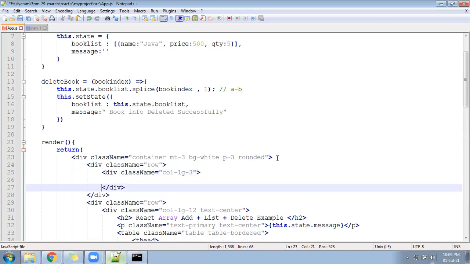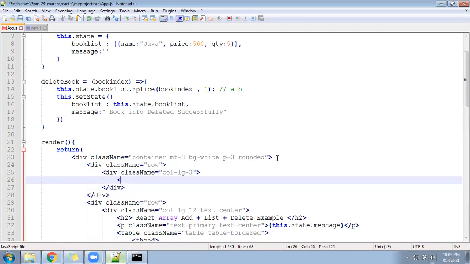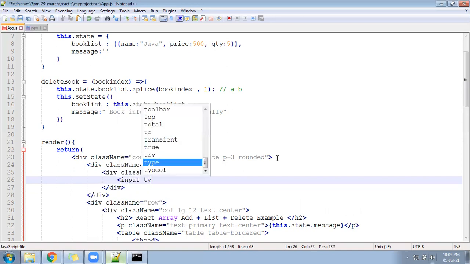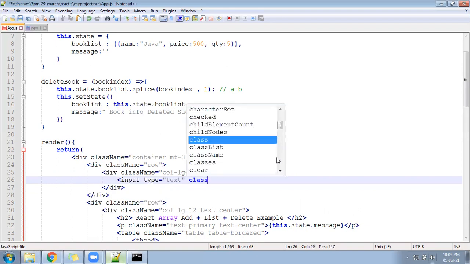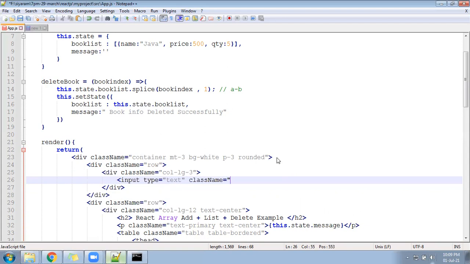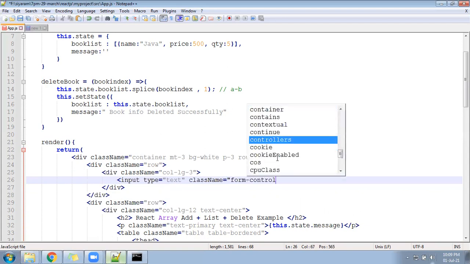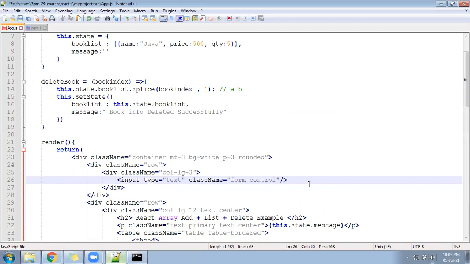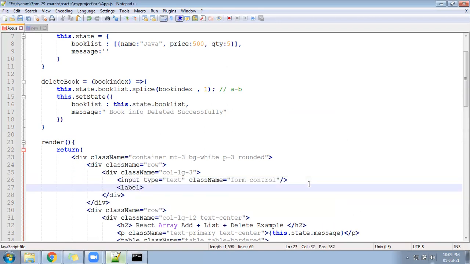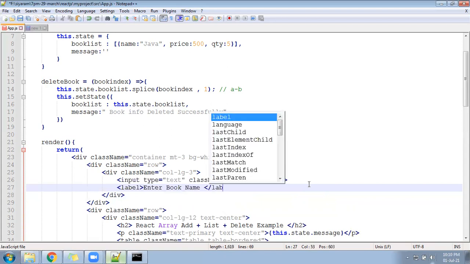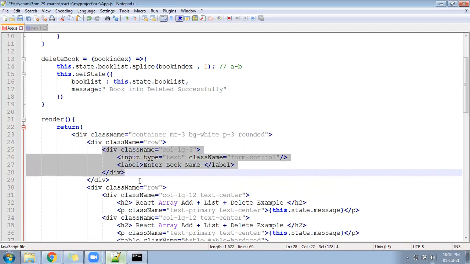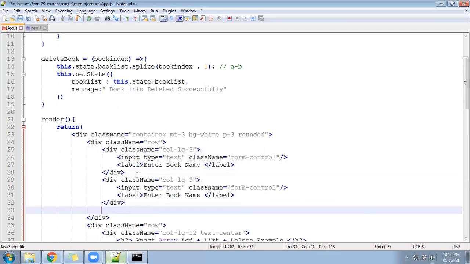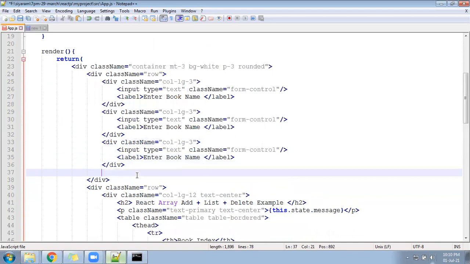We can go inside. We can write here an input field, type text, class name equal to form-control. Below that, I'll keep a label saying like enter. Now this thing we require: book name is done, book price, book quantity, and we need a button called save also.